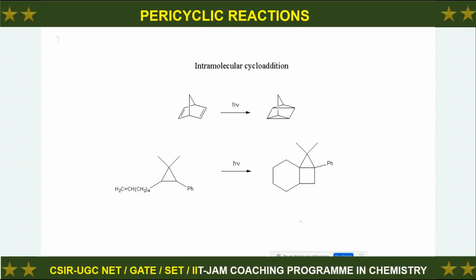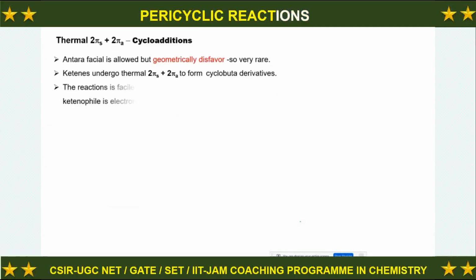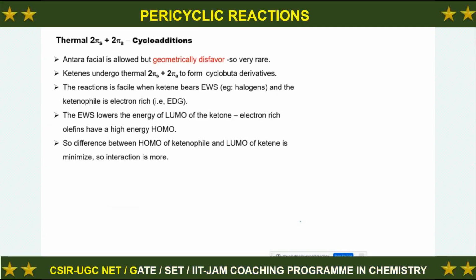So this very strained molecule, even though it can form by the photochemical conditions. So then the cyclopropene things are very facile under the photochemical conditions because of the ring strain also. Okay. Now we are going to discuss